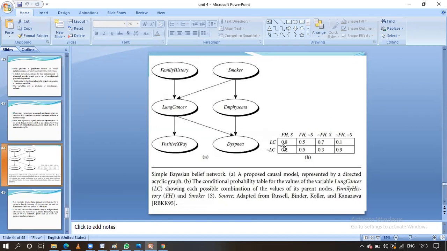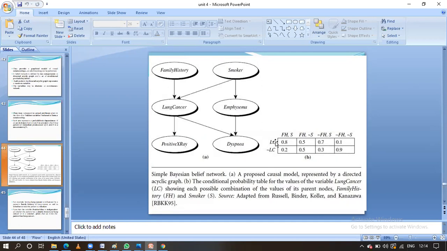Here, okay, let us understand this table, guys. Here for lung cancer, suppose the family history and a smoking habit is there, then there is a probability of 0.8, guys. Here everything is represented in the form of probabilities. That is why the name comes as conditional probability table. Here all the values are in between 0 and 1, guys.